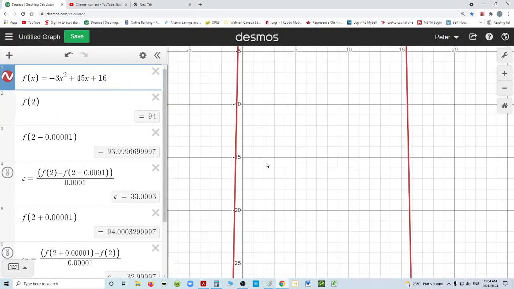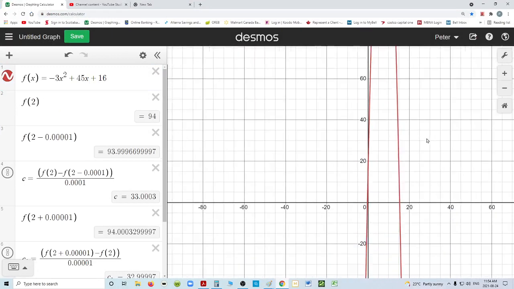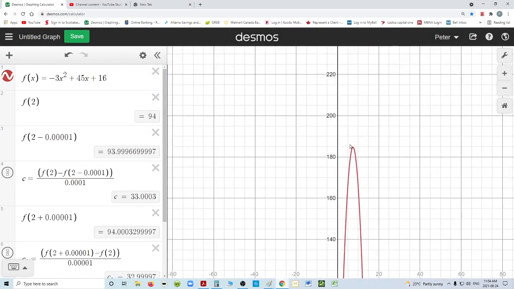And we can see from this graph where our vertex is, way over here. If you can't find your vertex, you can always zoom out. Anyway, now that we've discovered the vertex is at 7.5, and we confirm that the y value is indeed 184.75,